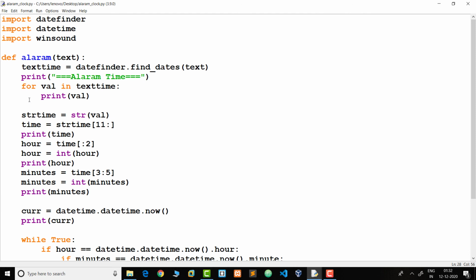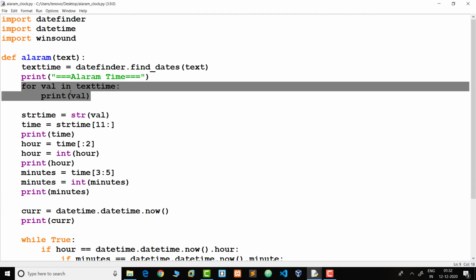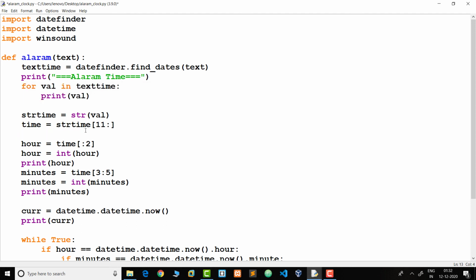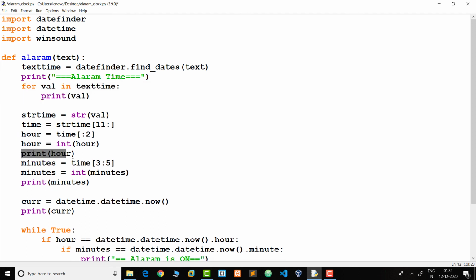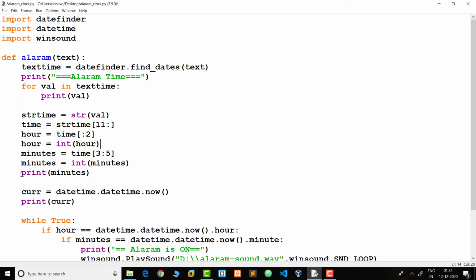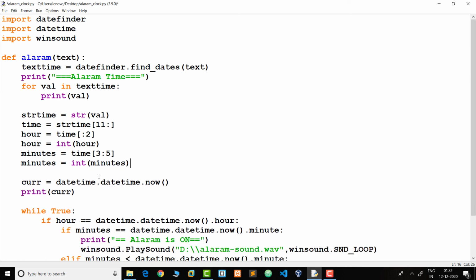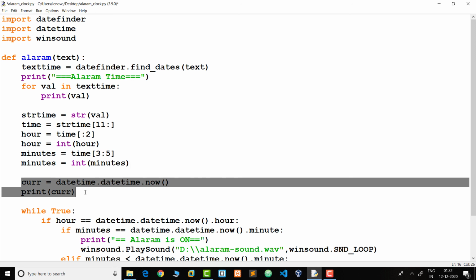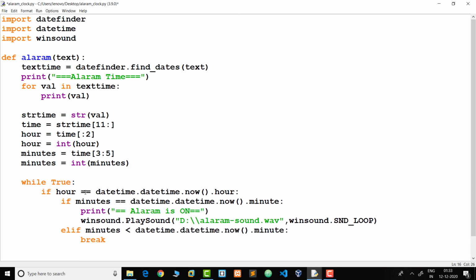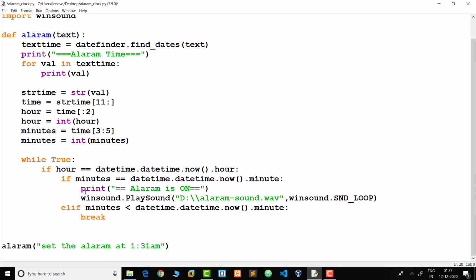So we remove this print message. We remove this one also. It's okay to keep it, but it is useful because it shows the current alarm date and time. So we remove this time, we remove this hour. It is used for testing purposes. And this is my current date, so there is no need to display it here. So this is my project, the mini project, Alarm Pro.